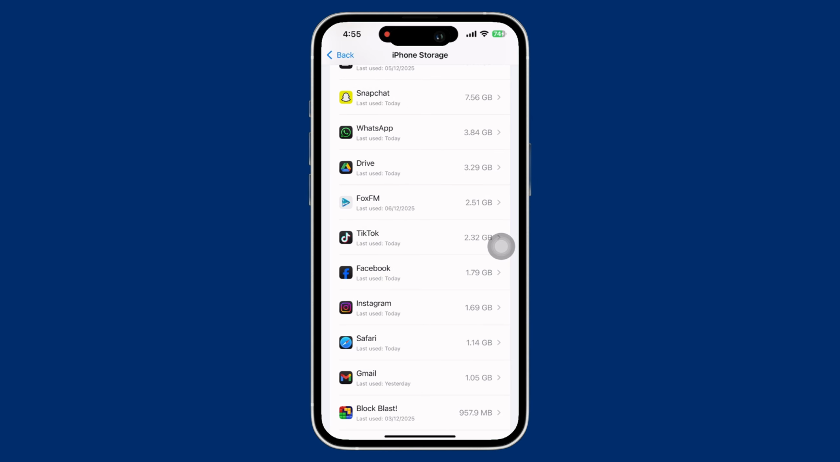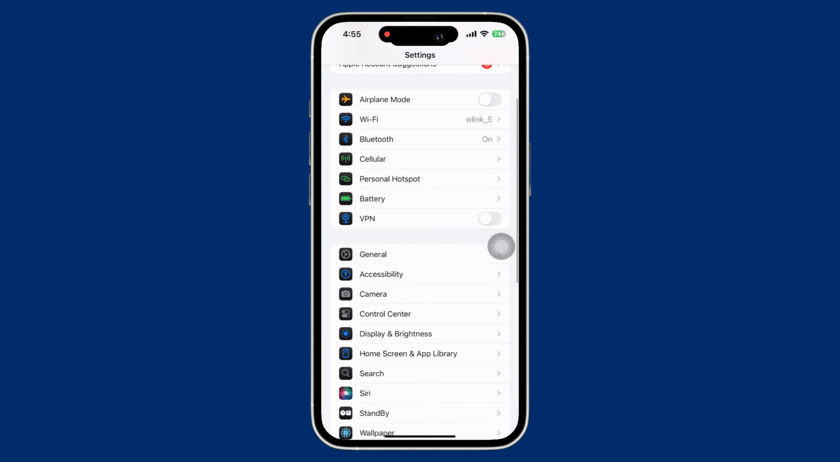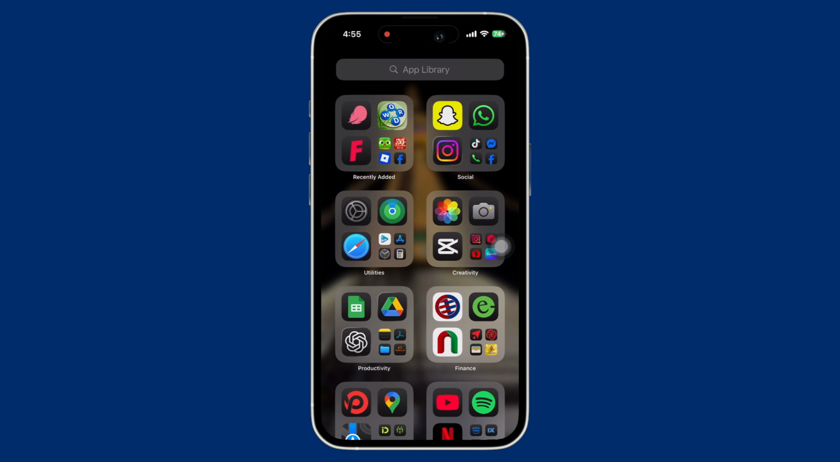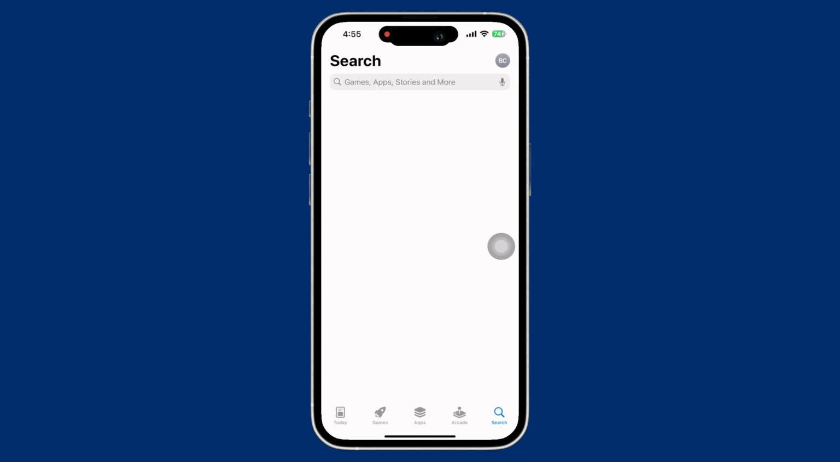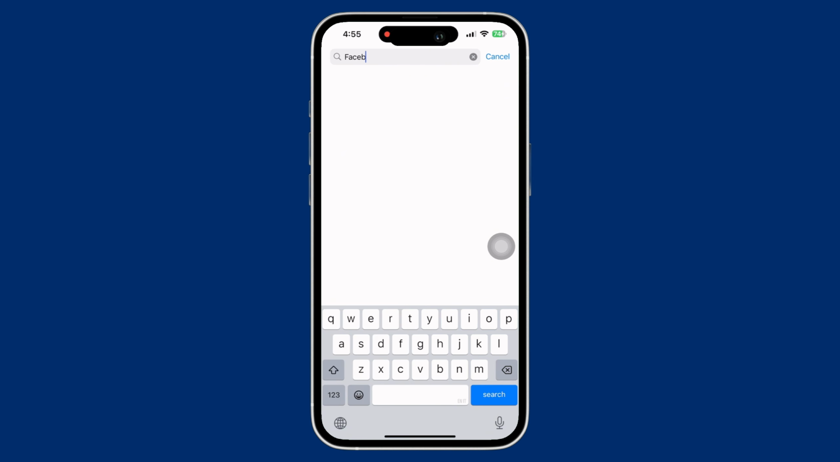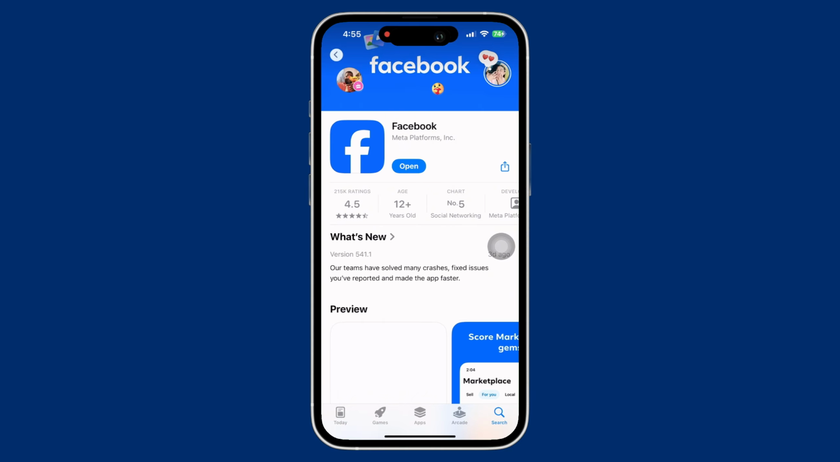See if that helps in fixing the issue, and if not, then open App Store on your device and tap on the search bar and search for Facebook. Make sure the Facebook application is updated to its latest version, and if not, then go ahead and update the